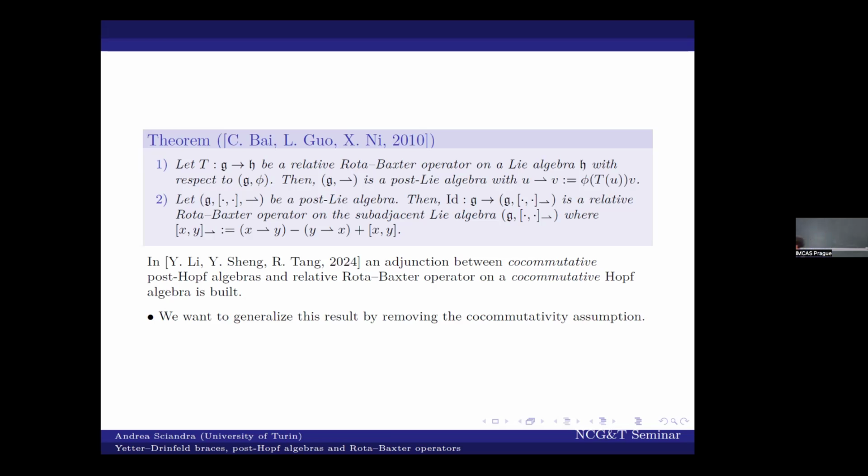So in the paper of Li, Sheng, and Tang, this adjunction is generalized to the case of cocommutative Hopf algebras. They, in fact, provided an adjunction between cocommutative post-Hopf algebras and relative Rota-Baxter operators on cocommutative Hopf algebras. What we want to do is just to generalize this, removing again the cocommutativity assumption. So